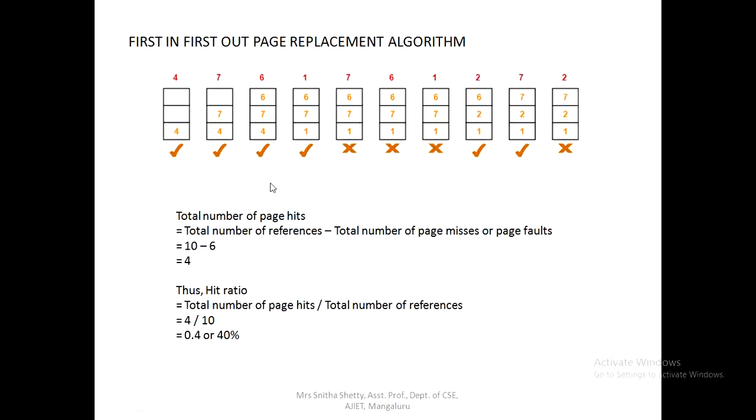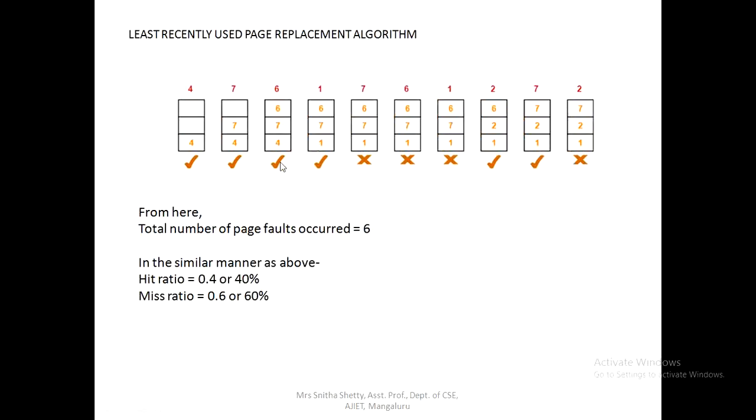Before going to the program, let me discuss one more concept, that is least recently used, then I'll explain the program. So the next concept is least recently used page replacement algorithm. Here it is the same thing. You need to read the input, length of the input string, then take the empty frames. Here also I have taken the same example, 3 empty frames. But here the concept is least recently used. We'll see how this logic works.